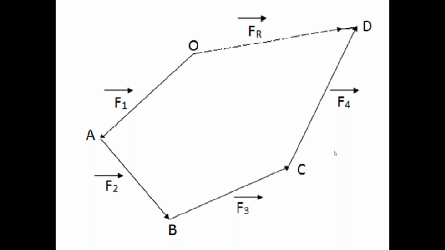But if these four forces form the closed polygon, OA, one side of polygon, AB, second side of polygon, BC, third side of polygon, OC, fourth side of polygon, F4 bar. OA is F1, AB is F2, BC is F3, OC is F4. Already the polygon is closed. Once the polygon is closed, we don't have another closing side. If we don't have this closing side, the resultant force is 0. If the resultant force is 0, the four forces are in the equilibrium condition.